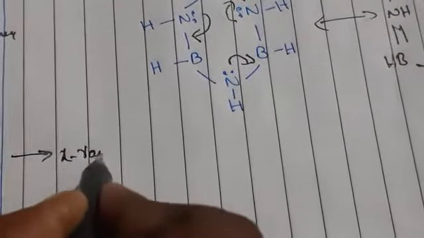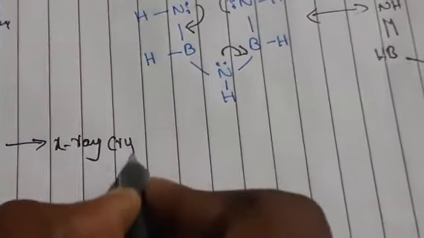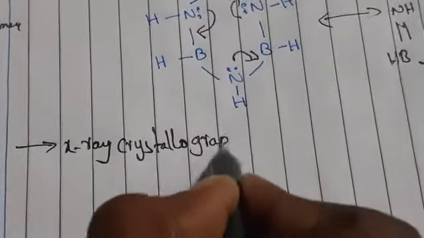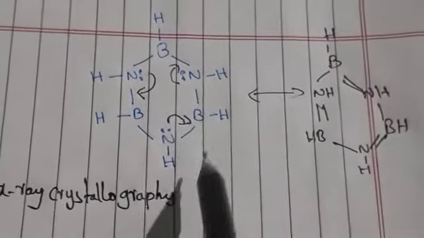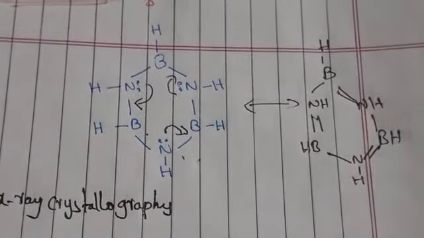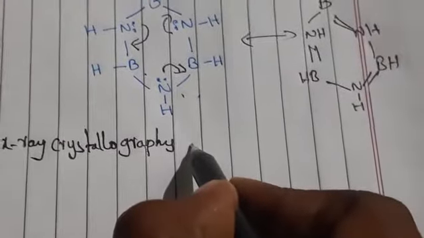So generally here, according to X-ray crystallography, it has shown that boron and nitrogen atoms in Borazole are arranged in a planar hexagonal ring, which has a bond length between boron and nitrogen of 1.47. Okay, so what we can say, according to X-ray crystallography,